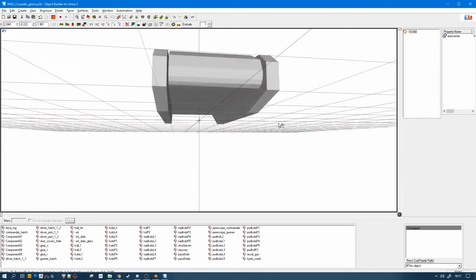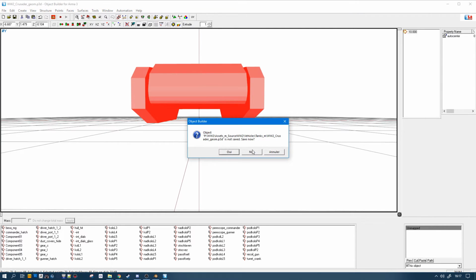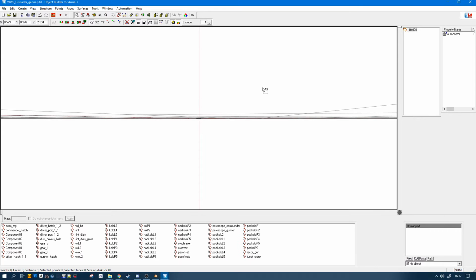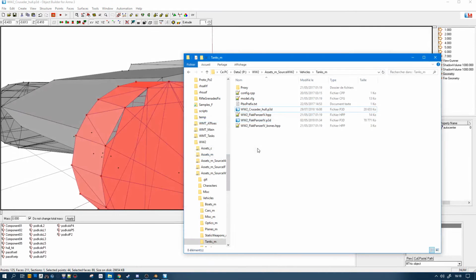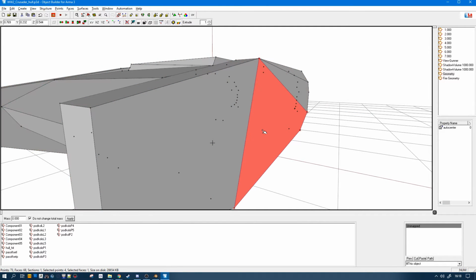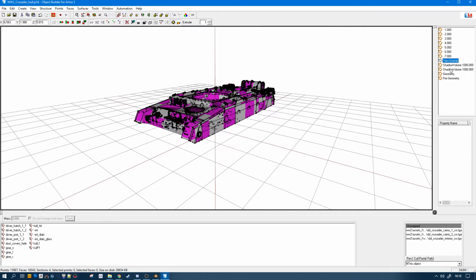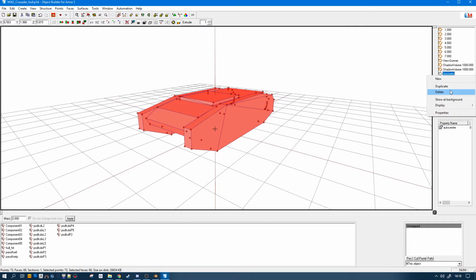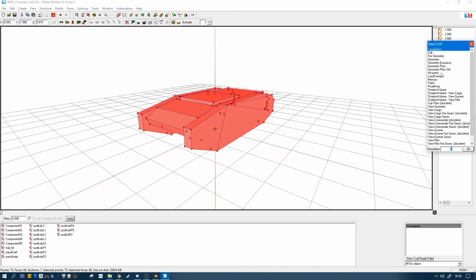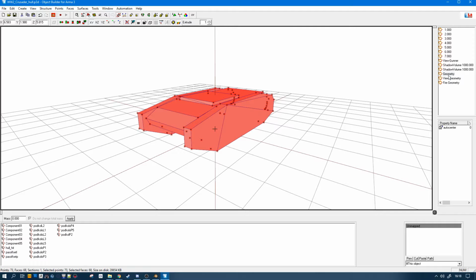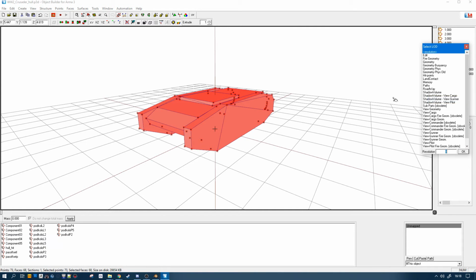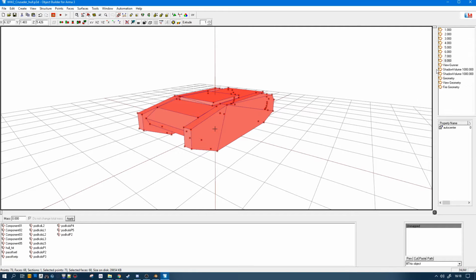So now let's proceed to the geometry: view geometry, geometry physics. The tracks were dead, so I remeshed them and re-imported them into Object Builder. I'm going to use this also as a duplicate property as view geometry. It's the same, and I also need it as geometry physics, so phys here.